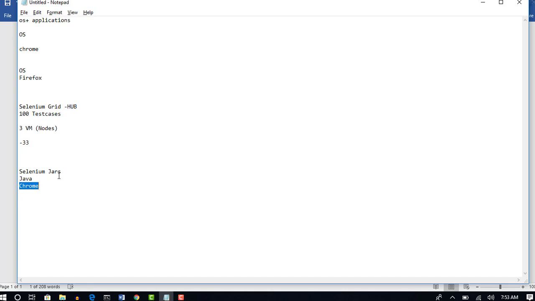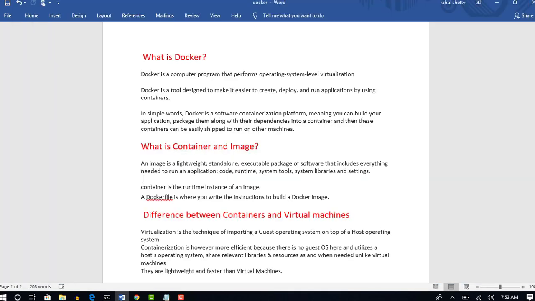That's why, if you see the definition, it's one standalone package of software that includes all the dependencies to run your application code and whatever tools. Here Selenium is a tool which you are packaging, along with system libraries and settings, whatever you need. Okay, so that's about image.